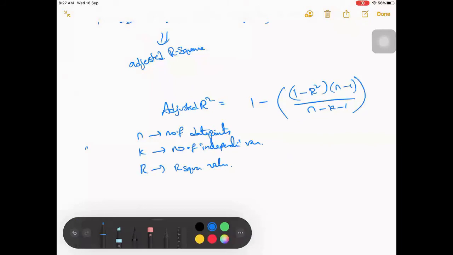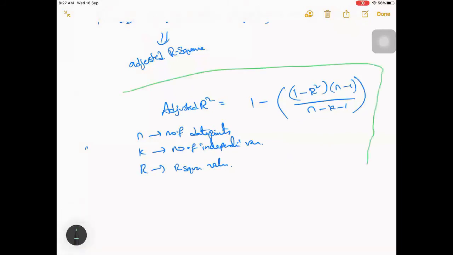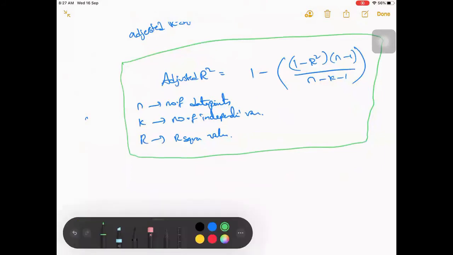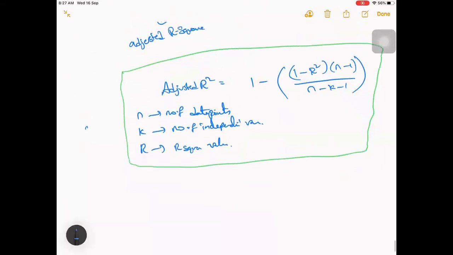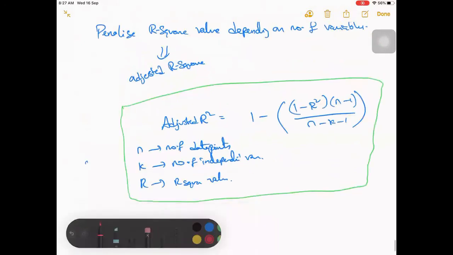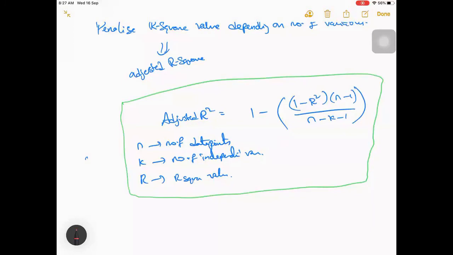Okay, so this is a formula you don't have to remember at all. Even I don't remember it, I'm copying from here. The only thing you can see from here is, if you have more independent variables, it's in the denominator, right?